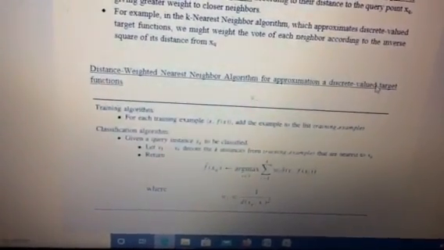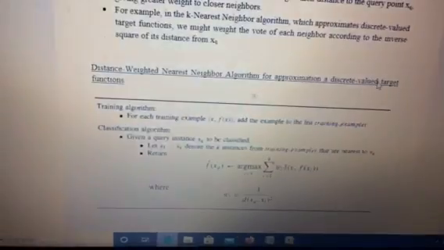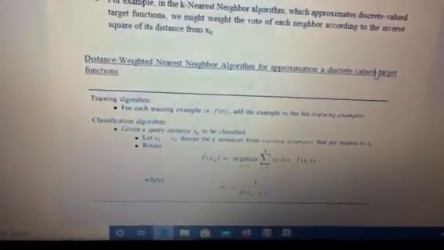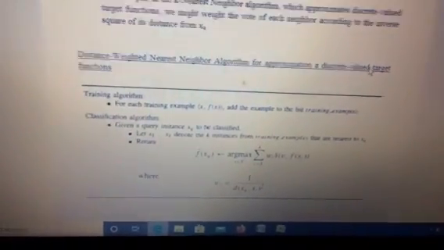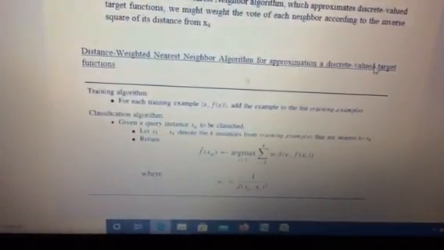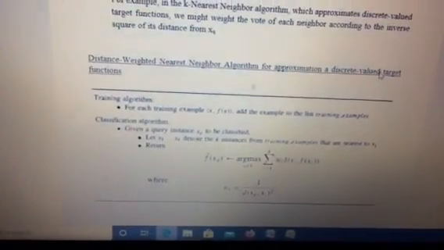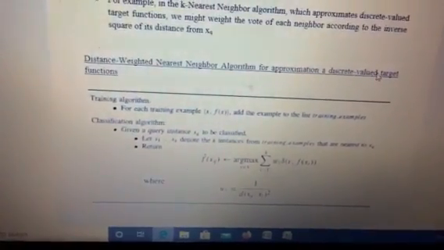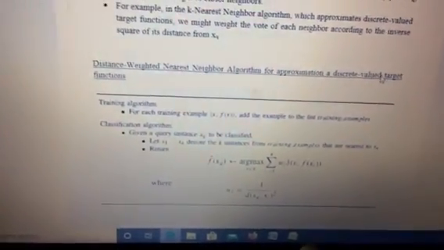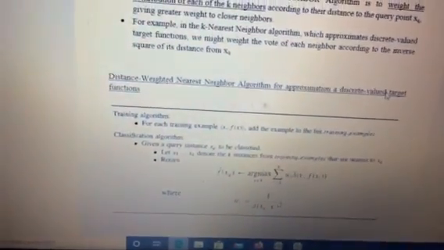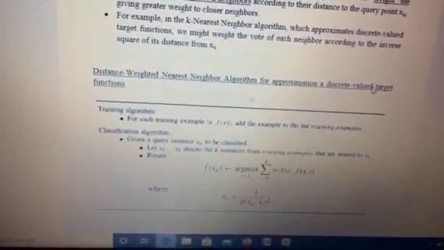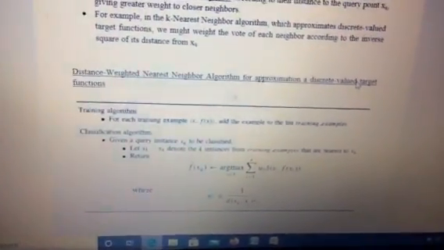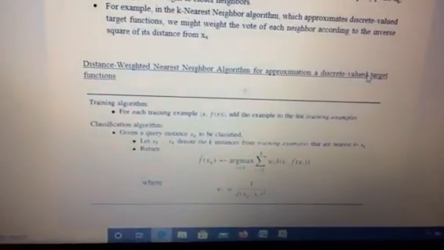Now the classification algorithm: given a query point, what is the query instance we have considered? We have considered xq as the query instance and xi as the input instance. Let x1, x2 up to xk indicate the training examples, in the sense all these are data points, whereas xq is a query point. Since it is a discrete valued function, this is the formula I am going to assign. If it is a continuous valued function, all the lines in the algorithm remain the same, only the formula will be changed. So let's see that one.